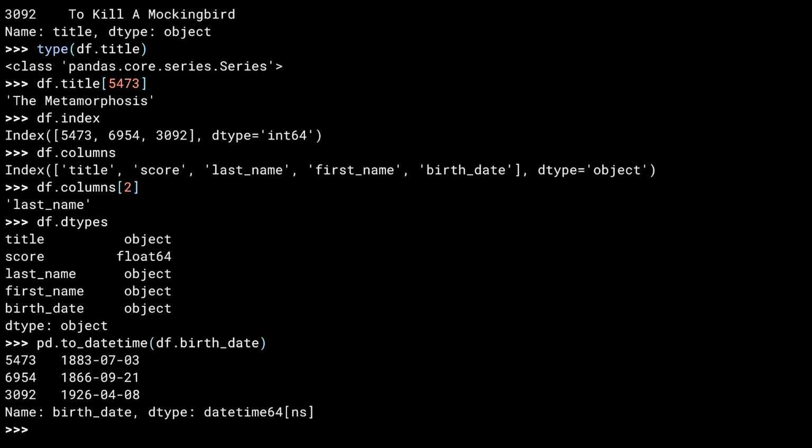You can provide a format argument to be explicit about what is being parsed, or there are other arguments like dayfirst that hint that this is a date starting with the day as the first value, as is done in some cultures. Secondly, if you're operating on a series, everything in the series needs to be consistent. If you've got dirty data, problems can ensue. You can specify different ways of handling errors with extra arguments to this call, but generally you're going to have to clean the data. And the one that bit me in the butt when creating this course is the timestamp